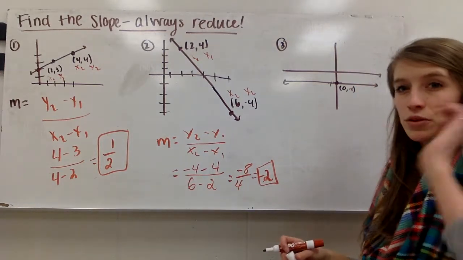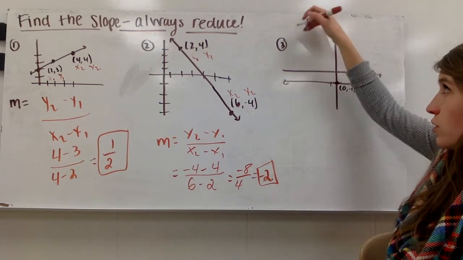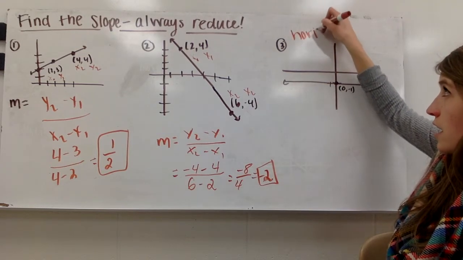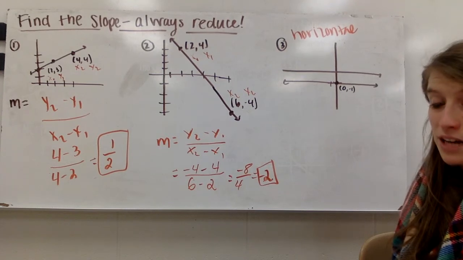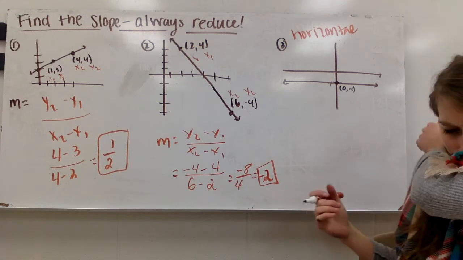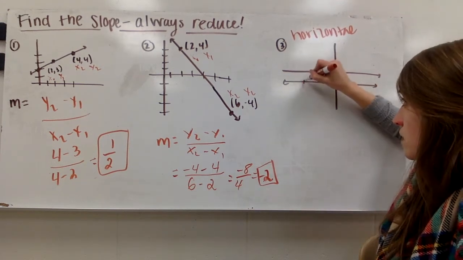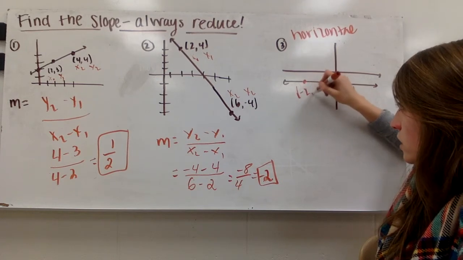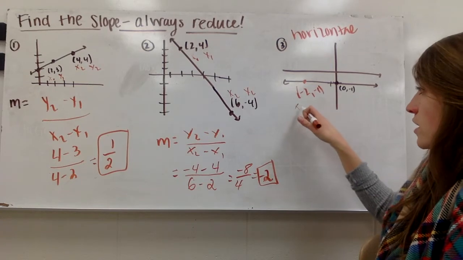Let's try example number 3 together. Now, maybe right away you can say, oh, I know that this is a horizontal line. I know that there is something always true about the slope of a horizontal line. If you're not there yet, then let's choose points. I know that one point this goes through is 0, negative 1. I know another point, some point over here, is negative 2, negative 1. Now if I call this x1,